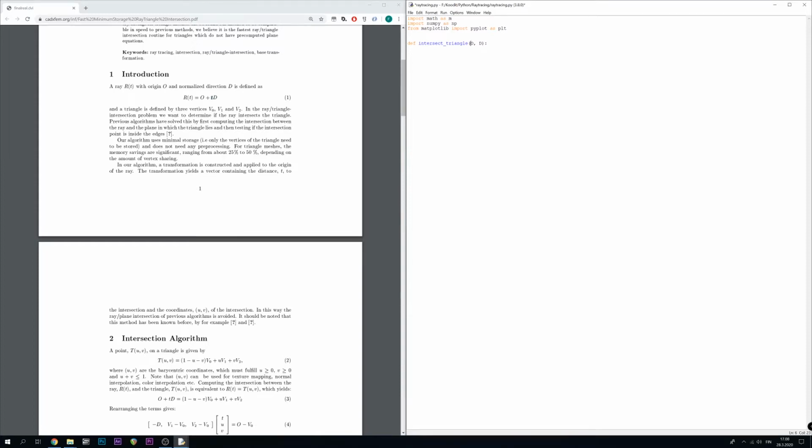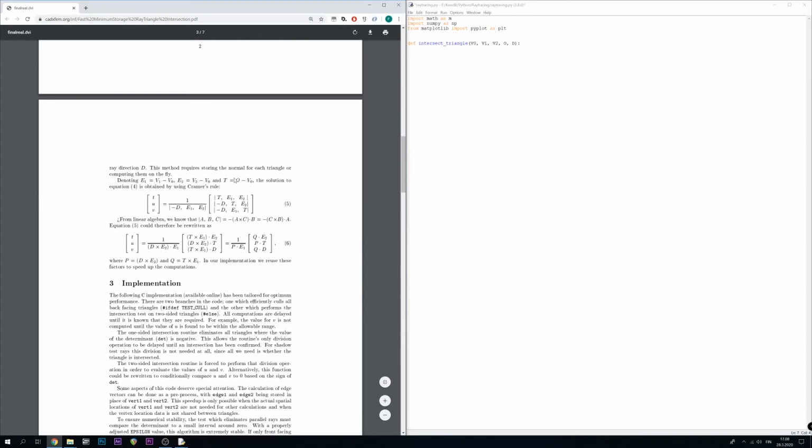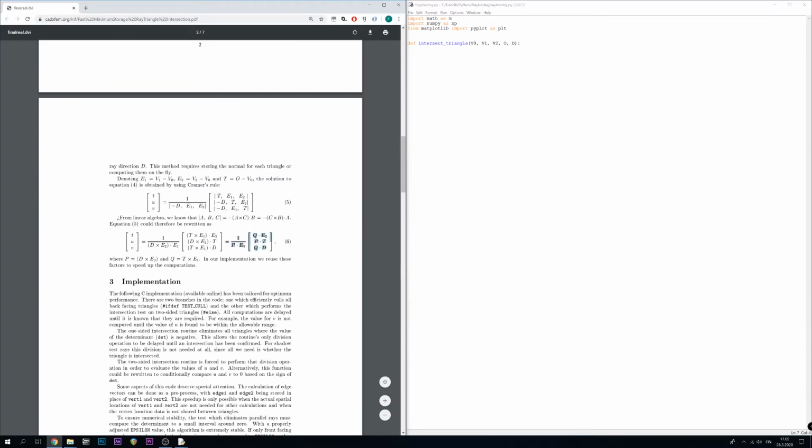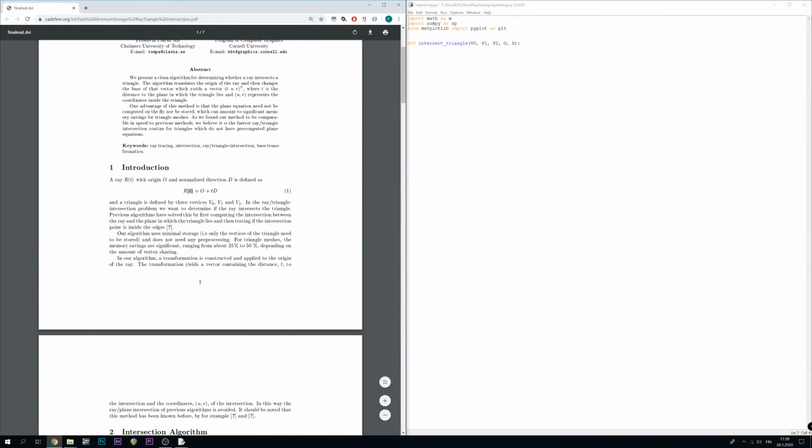Anyways, and triangle. I think we're going to have some vertices like here. So I'm actually going to have them first here: V0, V1, and V2. And now, what do we have? This is mostly just how they arrive at their conclusion. So I'm mostly interested in this thing, because this will give us t, u, and v, where t is the distance, u is u, and v is v, and t is probably the same t as here, so it's the distance